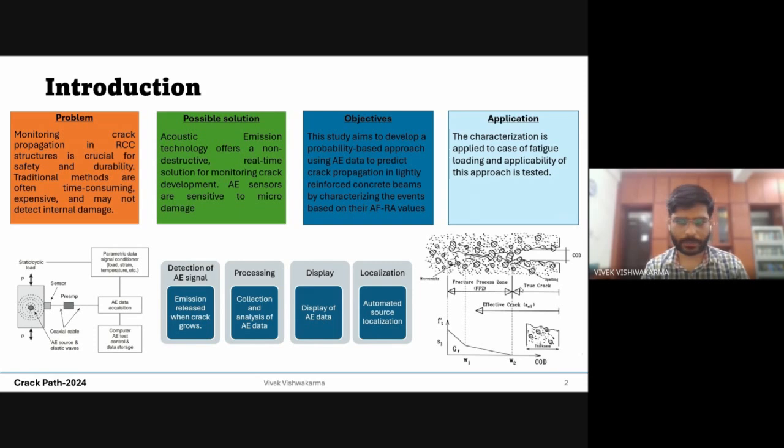It is complex because concrete is a highly non-linear material, heterogeneous in nature. Even the fracturing process is highly non-linear. It creates a fracture process zone while developing a crack. So there is a part of traction-free crack plus a fracture process zone, and there would be some micro cracking. Lots of micro cracking activities happen simultaneously in concrete structure. So it actually poses a challenge when you are performing acoustic emission analysis.